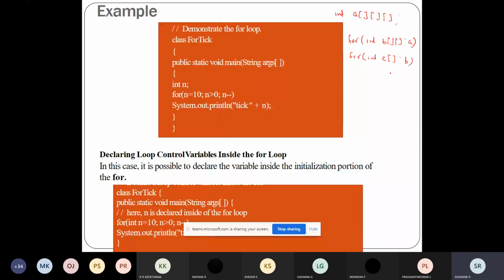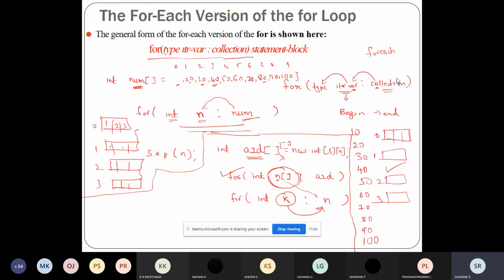In the third scenario, you will be using a variable to read the contents of the 1D array. So you just need to look into the array, and based on that you can modify the syntax. Usually 3D you will not be using here; one dimension and two dimensions are the maximum you will study.